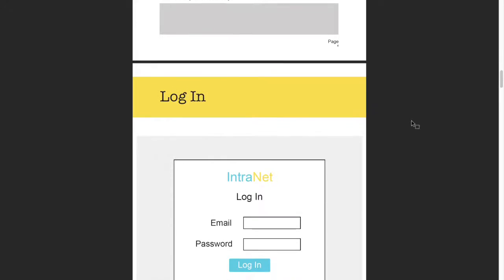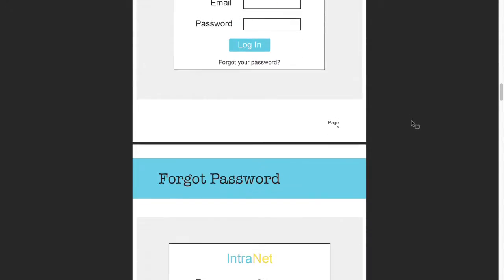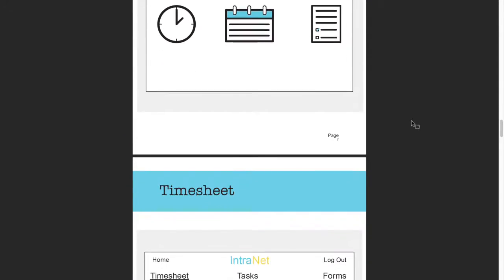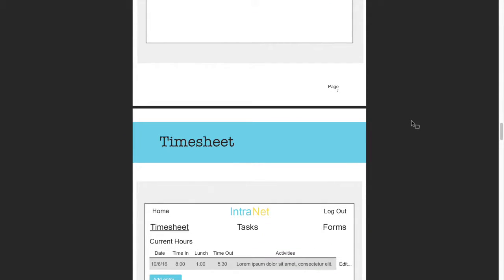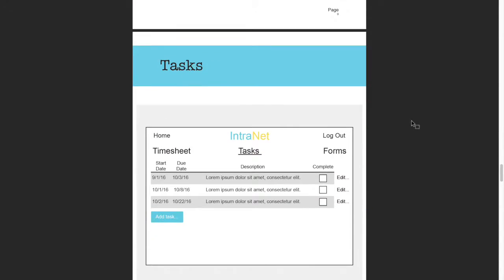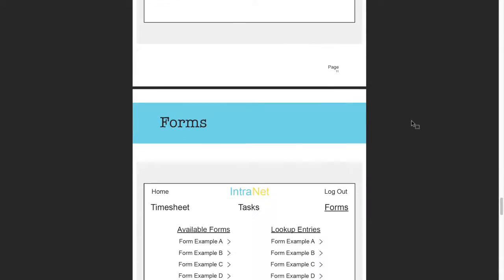So if we continue scrolling down, we have all of our different pages, like we saw last week. In a minute I'll jump over to the actual HTML page where everything is. But if we continue down, we have all of our pages,